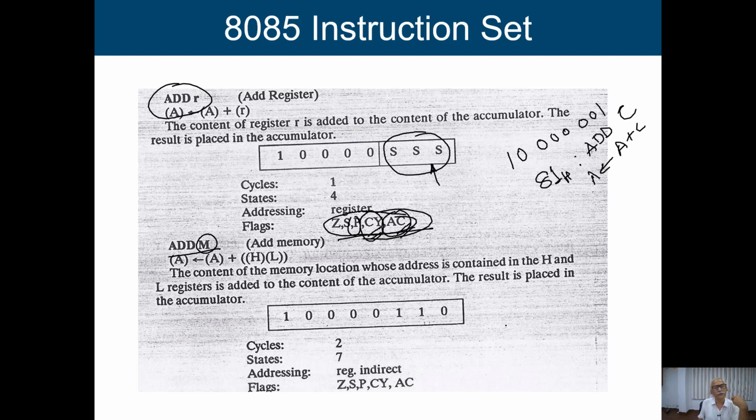We are going to get this particular data, add the contents with the accumulator, and store the result in the accumulator. So this is basically taking one input from a memory location, and which memory location are we going to take it from? From this particular HL register pair. So this is one arithmetic operation. Like that we have several arithmetic operations, but the design format is the same, and in most cases all arithmetic operations may fall in this particular 10 pattern, where the most significant bits will be 1 0.